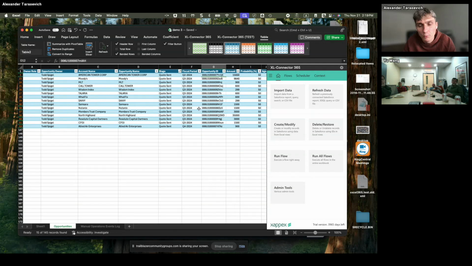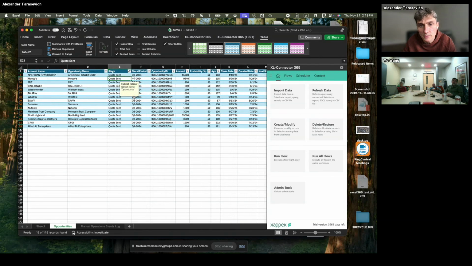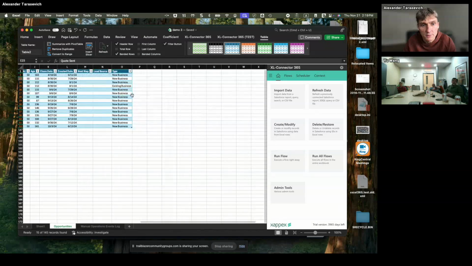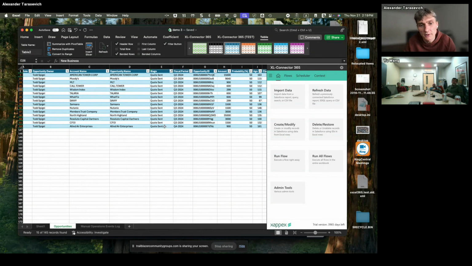By the way, when we pull data, if it's a pick list, we build nice data validation tools in Excel, so you can change it very easily. You don't have to know the pick list values by heart. For example, the type is a pick list as well, so we build these drop downs for you. And filtering is also respected. In this case, let's say all my quote sent opportunities got the quote and ordered the product, whatever we are selling. I can switch that to closed one,